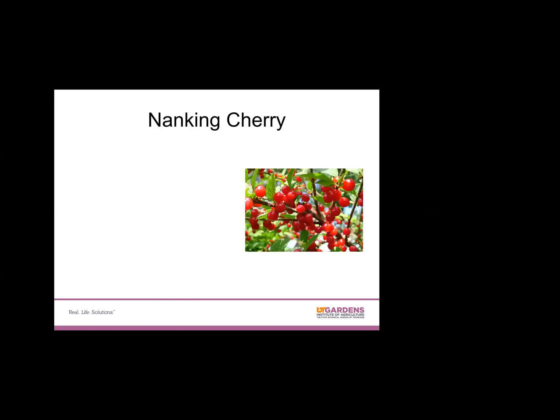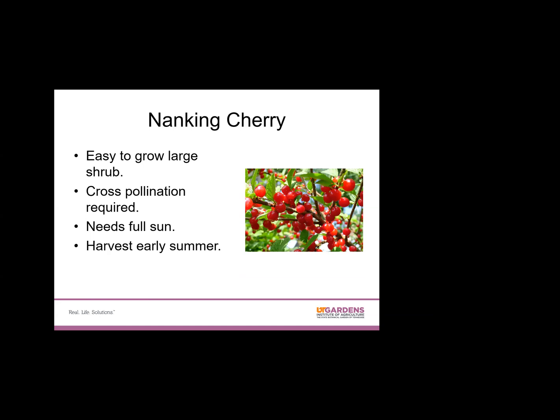Nanking cherry, this is my last plant for the day, and this is one that I'm pretty excited about. It takes a couple years for it to start fruiting, but I have 2 shrubs at UT Gardens that are about 4 or 5 years old now, and they're starting to fruit really well. So it's an easy to grow, large shrub. You do have to have 2 for cross-pollination, and they do need really good full sun,